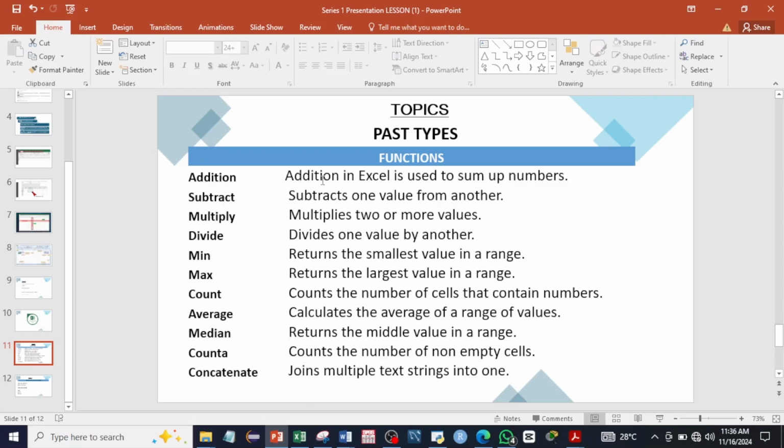These are the functions that we are going to cover. The addition function in Excel is used to sum up numbers, and also the subtraction function, which is used to subtract one value from another. The multiplication function, which is used to multiply two or more values, and also the division function, which is used to divide one value by another. The min, which returns the smallest value in a range, the max, which returns the largest value in a range, the count, which counts the number of cells that contain a number,